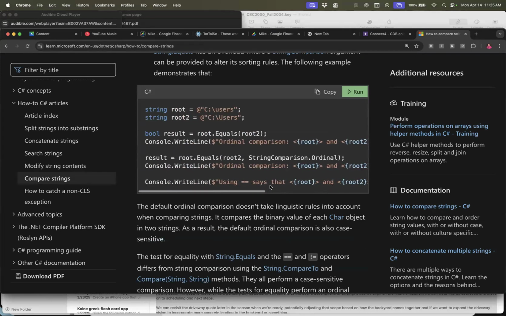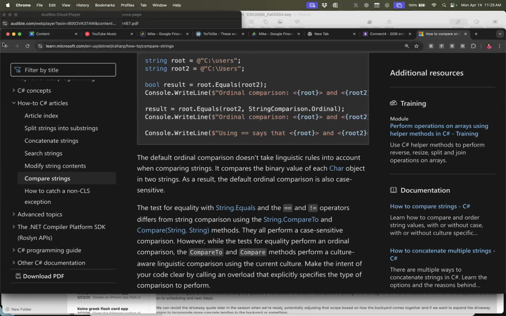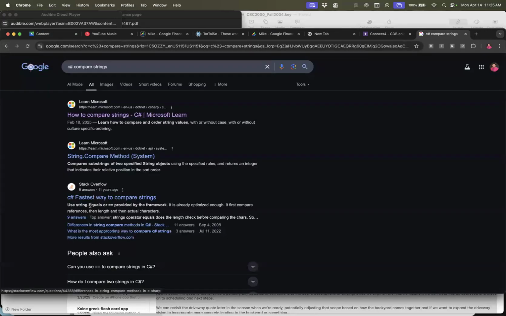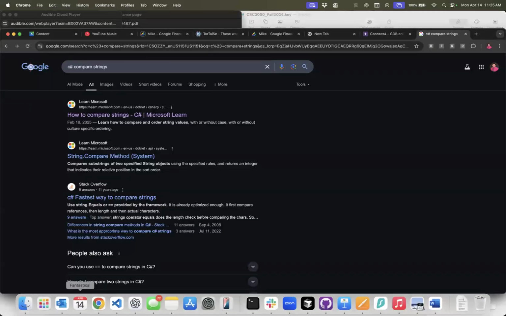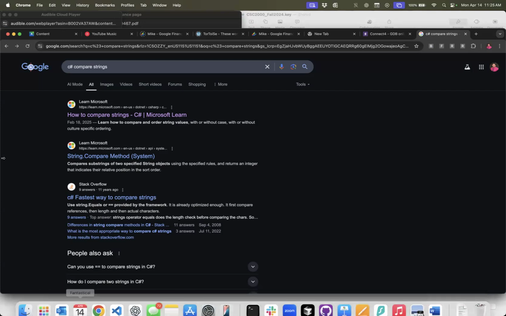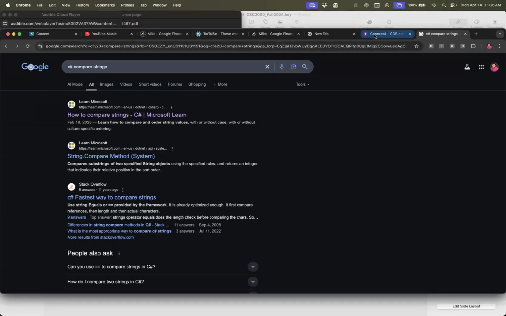But it's using double equal sign. I think we use string dot equals. We use string dot equals. Okay, good. Well, oh, it's string dot equals. It's a class method. Yeah. Okay,